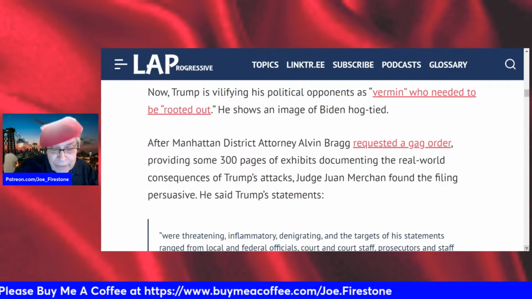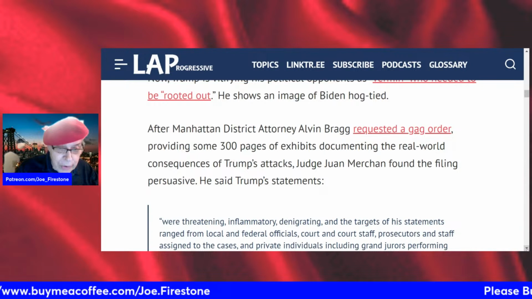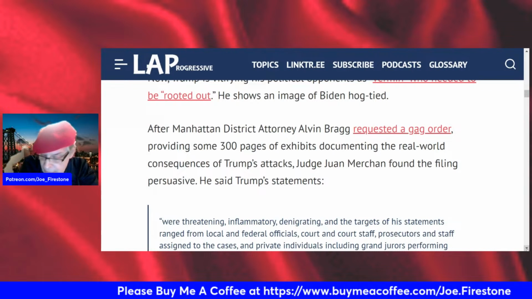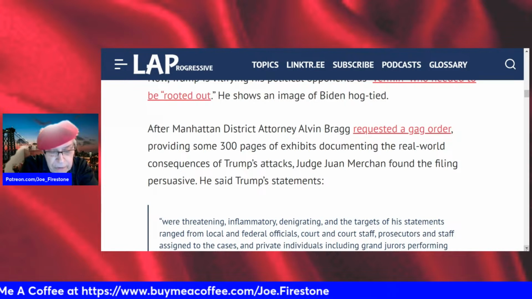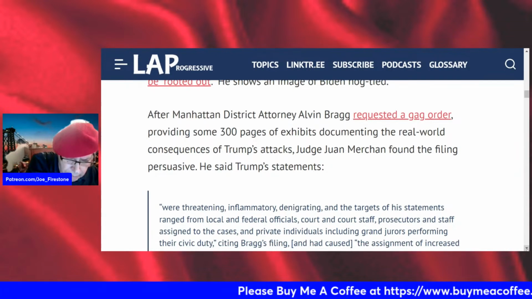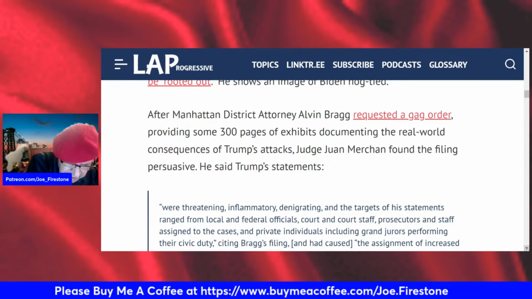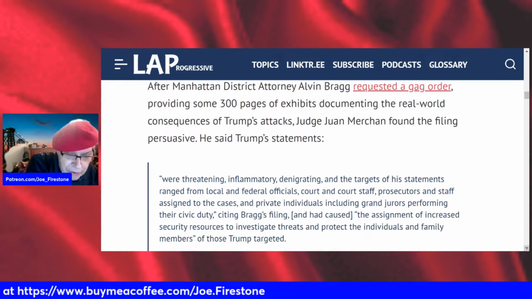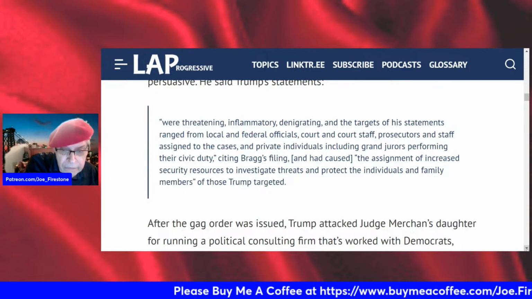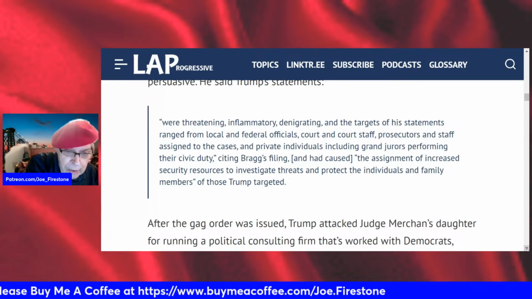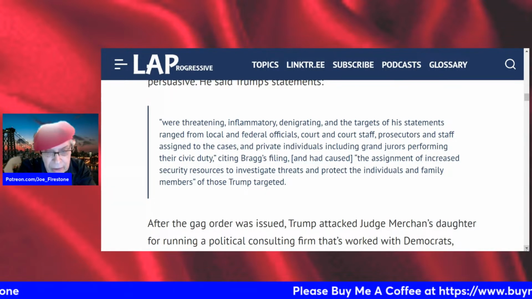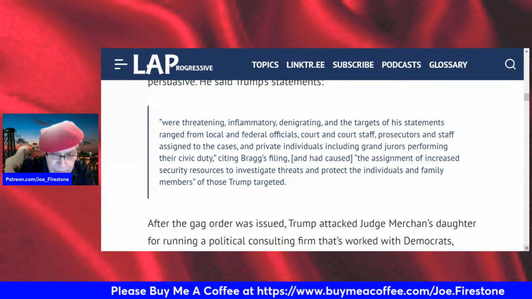After Manhattan District Attorney Alvin Bragg requested a gag order, providing some 300 pages of exhibits documenting the real-world consequences of Trump's attacks, Judge Juan Merchan found the filing persuasive. He said Trump's statements, quote, were threatening, inflammatory, denigrating, and the targets of his statements ranged from local and federal officials, court and court staff, prosecutors and staff assigned to the cases, and private individuals, including grand jurors performing their civic duty, unquote, citing Bragg's filing, and had caused, quote again, the assignment of increased security resources to investigate threats and protect the individuals and family members, unquote,